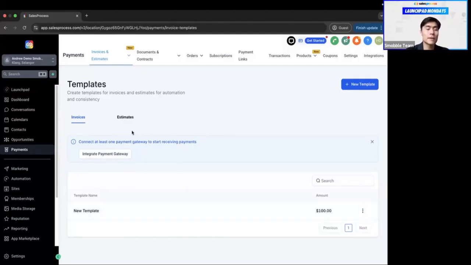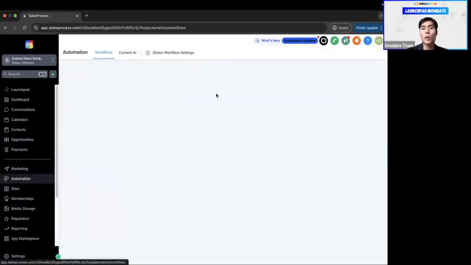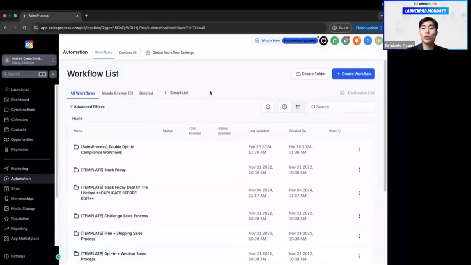Now, key things to keep in mind in order to create invoices: you do need to have a payment integration in here, and you do need to have a product created, okay? Those two things are required to send invoices. Once it's created, you would go to automations to set up the workflow or the automation part of the setup. So I did cover automations on previous